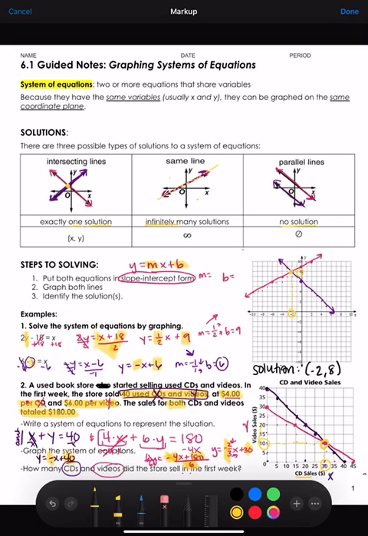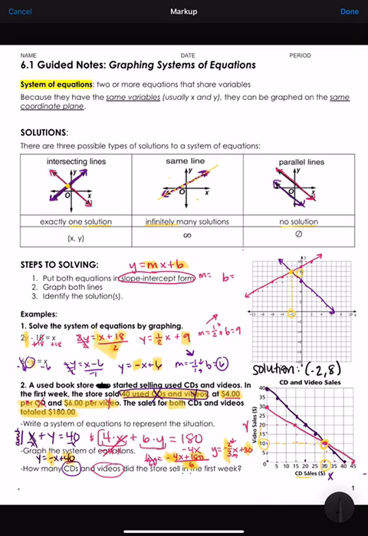So what this means is, if I use these numbers, 30 CDs and 10 videos, that solution should fit for both equations, and so it should also answer my question nicely. So how many CDs and videos did the store sell in the first week? Well, they sold 30 CDs and 10